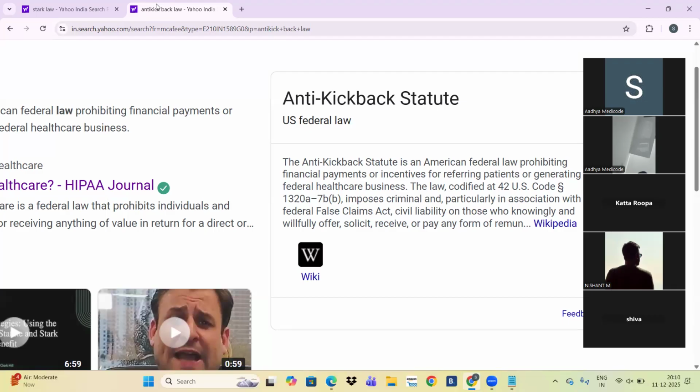Okay, no issues. Anti-kickback law clear. It prohibits financial payments or incentives for referring patients or generating federal healthcare business. Anti-kickback statute, or anti-kickback law.